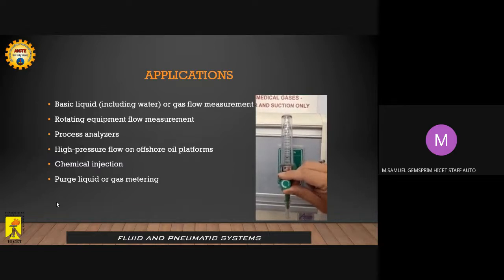Oxygen applications: it is normally used to find out gas flow measurement,